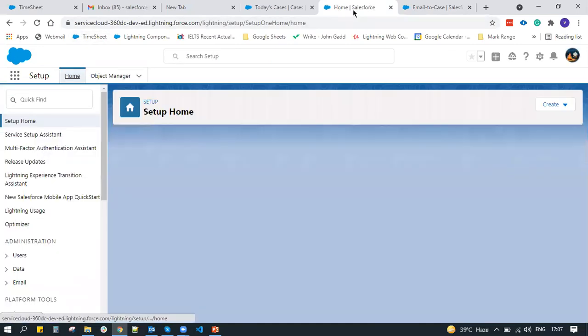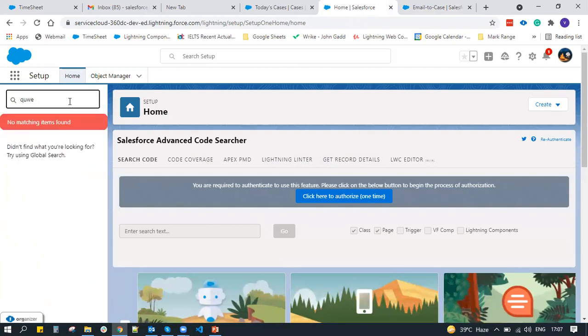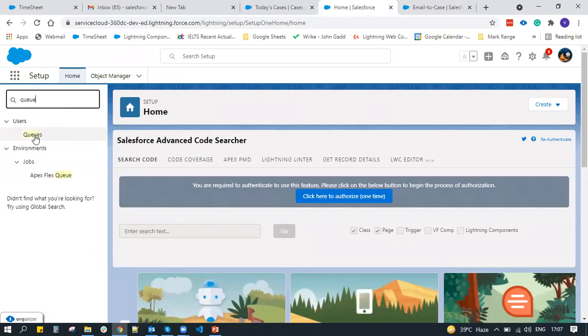So for that, you have to go to setup again, and in setup you have to type in queue and then go to queue.